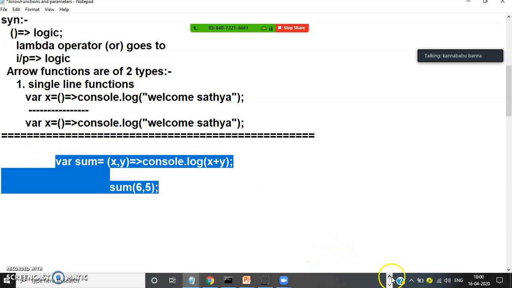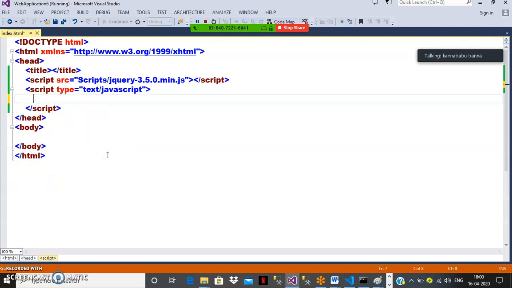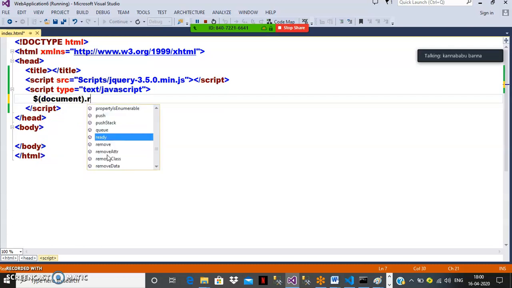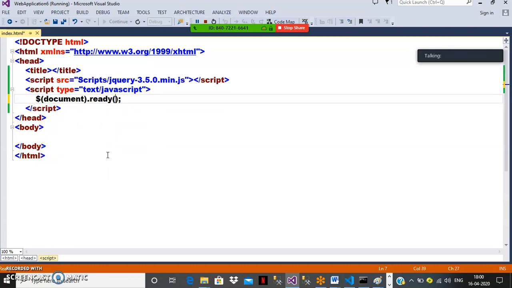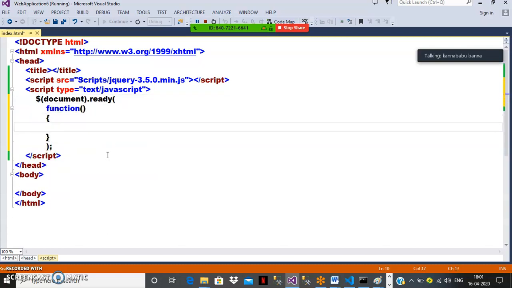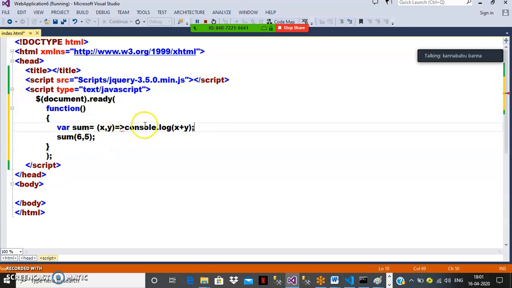Okay, now if you want you can run this arrow function also and check once. I'll try to write it in jQuery. So here I'll write just document.ready. I am writing JavaScript code only. I am writing document.ready of, in this one I will declare some anonymous function. Here I'll try to declare console.log, but that is TypeScript, it will not work here. I will try to use document.write. Okay, is equal to greater than.